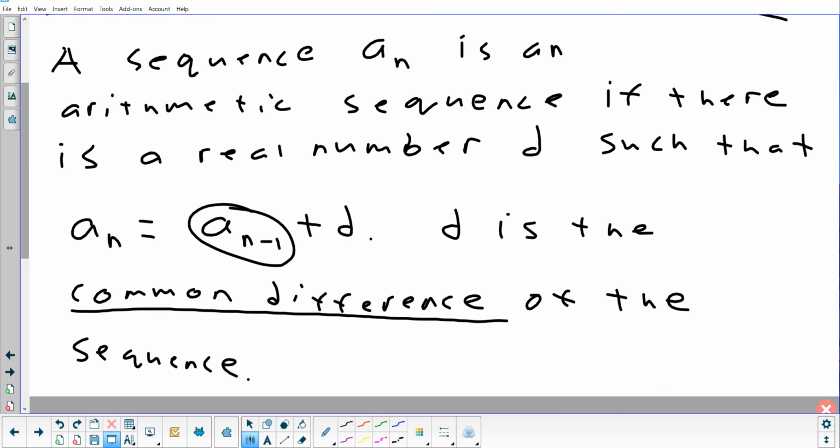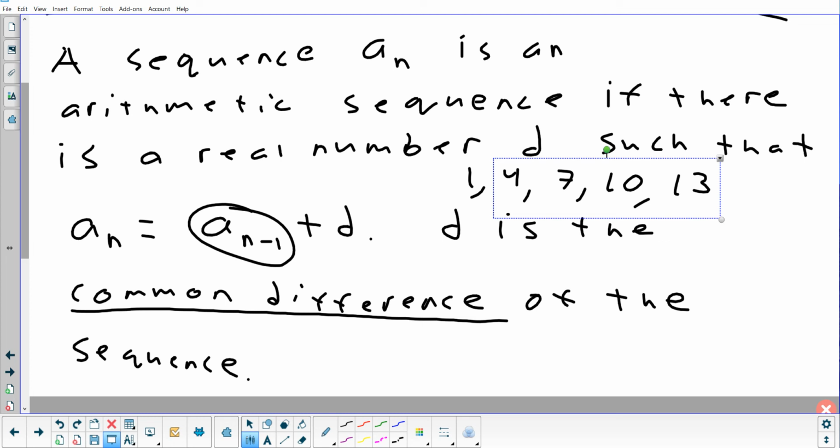Now you might think, well, wait, why is it called a difference if you're adding? Well, let's write down a sequence of numbers where we add 3 each time, starting at 1. If you add 3, what's the next term? 4, and then 7, 10, and one more, 13. If you take a term and subtract the one before it, it will always come out the same if it's an arithmetic sequence. What's 13 minus 10? 3. 10 minus 7? 3. It's always going to come out to 3 in an arithmetic sequence.